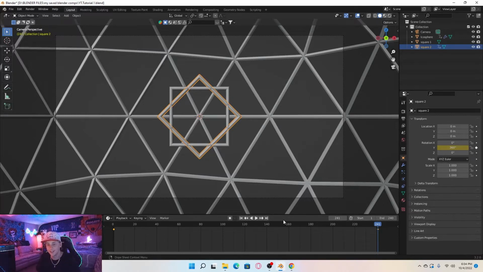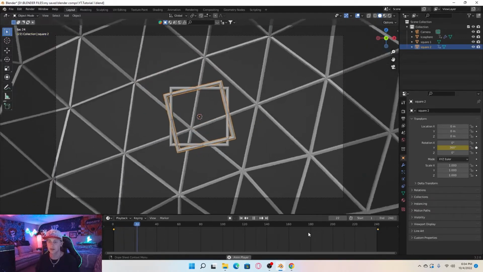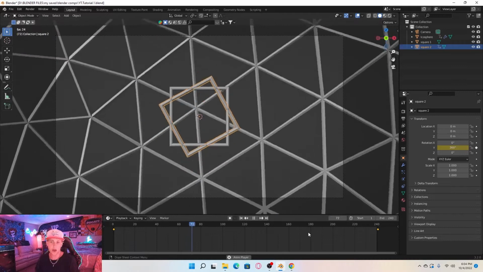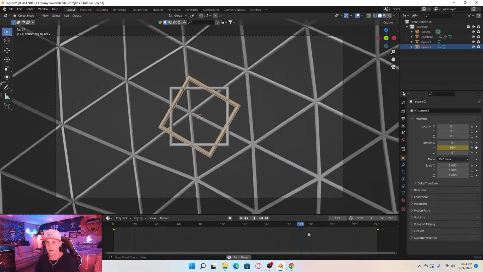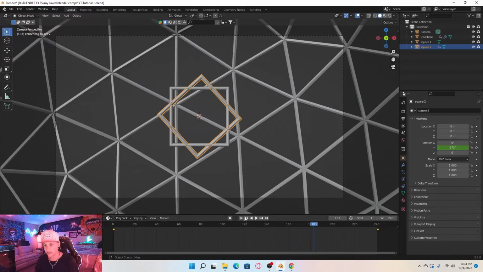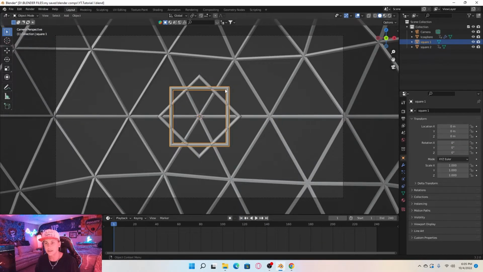Math. Woo! Alright, so let's see how fast it goes. Yeah, it's fine. I'm fine with that for now. We might change it later. We'll see what happens. And we're gonna set this on the second one, and let's go ahead and keyframe at